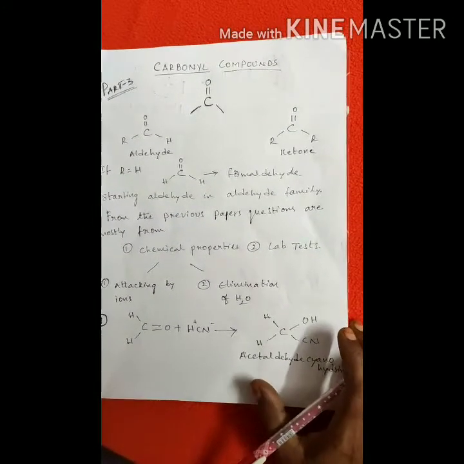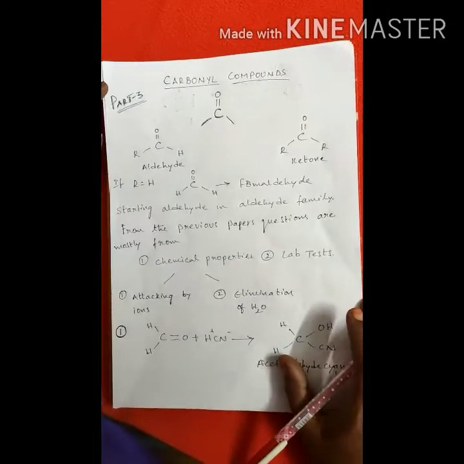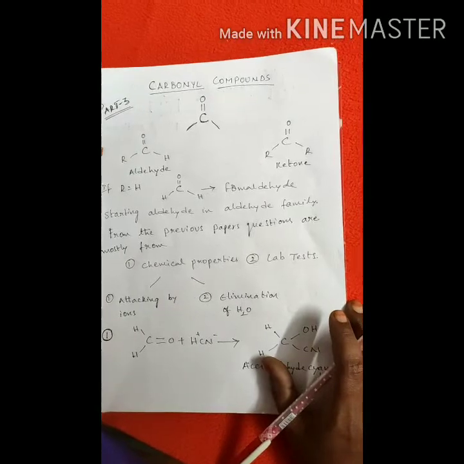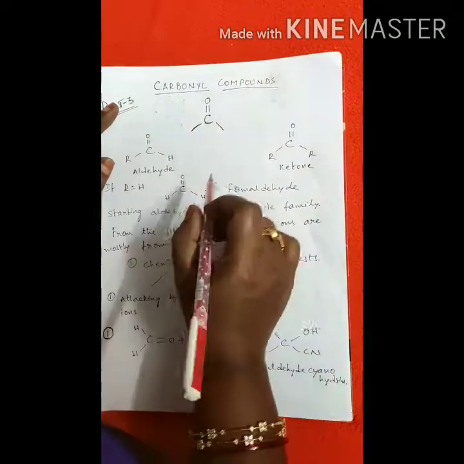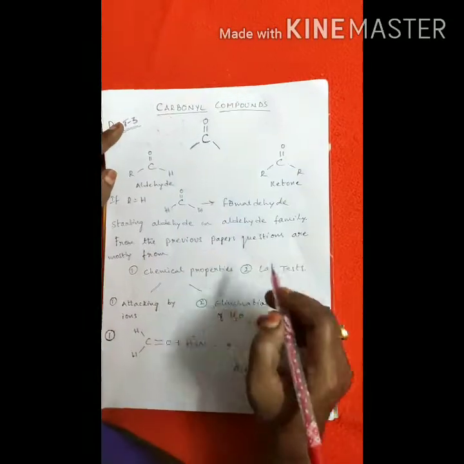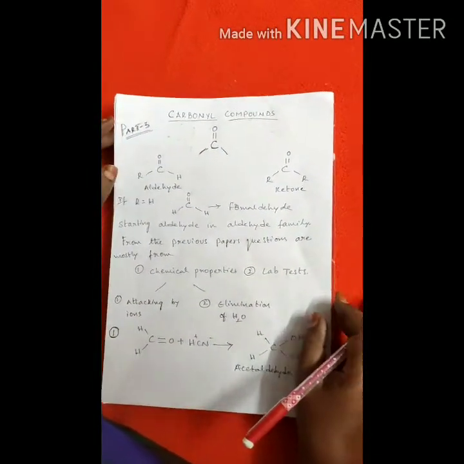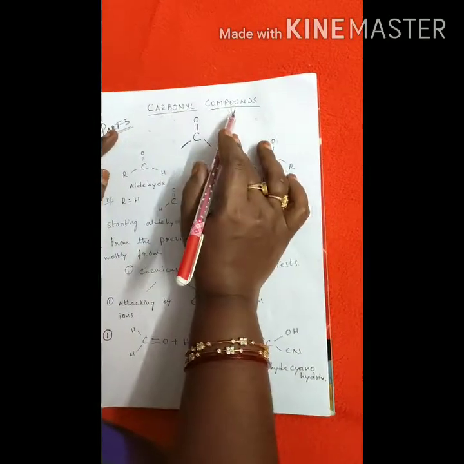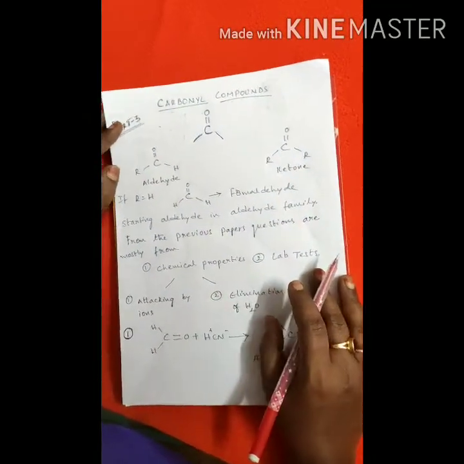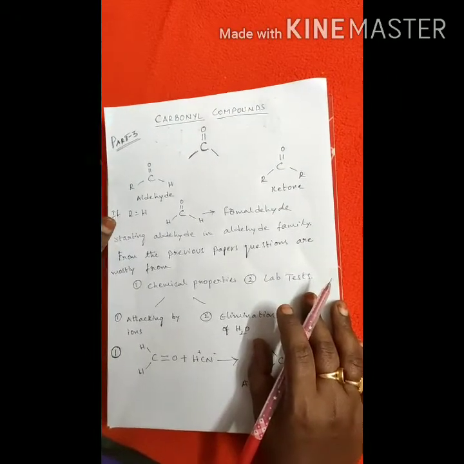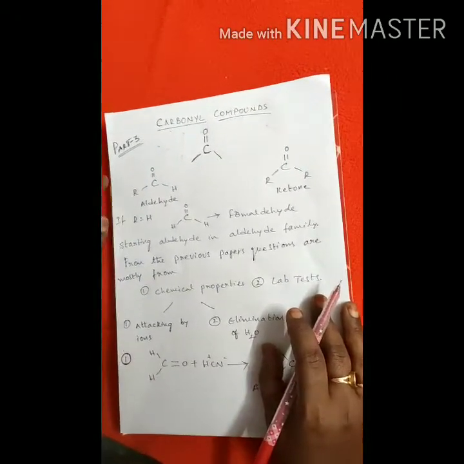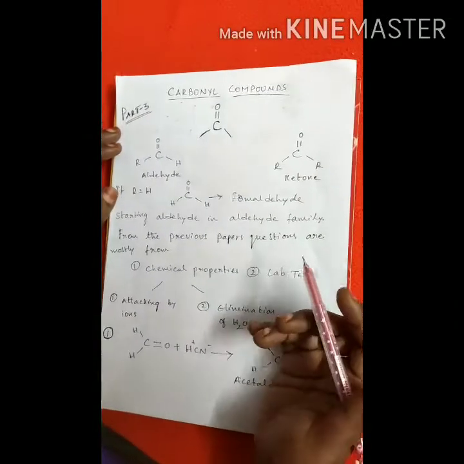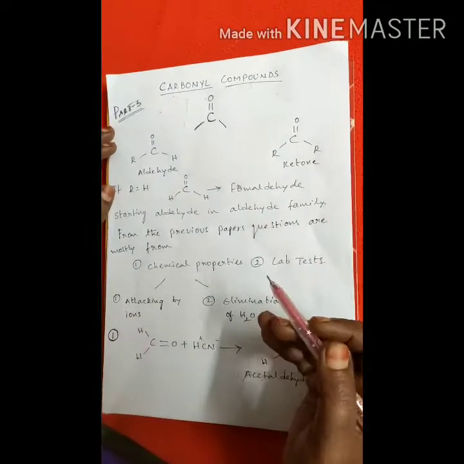Welcome to Organica. So this is part 3 in the carbonyl compounds, that is the aldehydes and ketones unit. This video helps you a lot because in this video I am going to explain the types of questions asked in the EAMCET. Here I am not giving any introduction to the carbonyl compounds because you are well known about carbonyl compounds. So just straightforwardly I am entering into the topic. What is a ketone, aldehyde, everything you know.